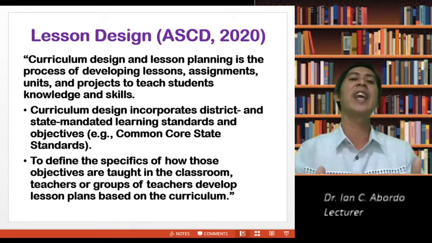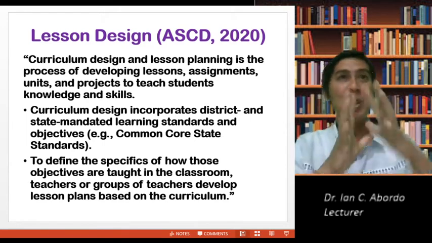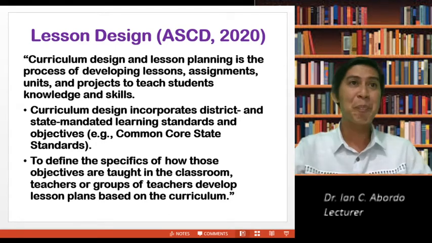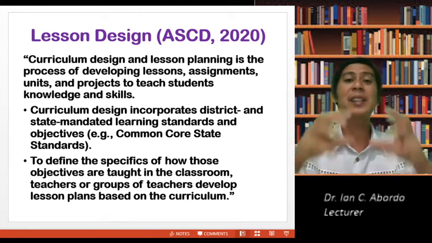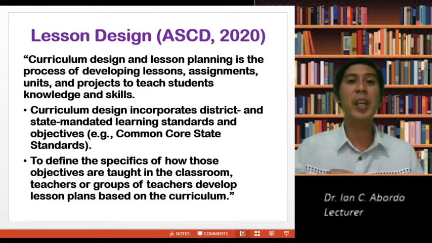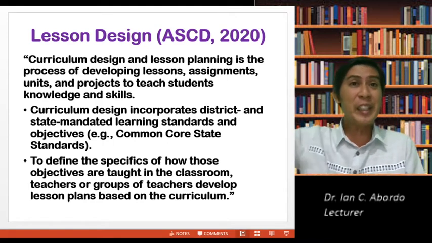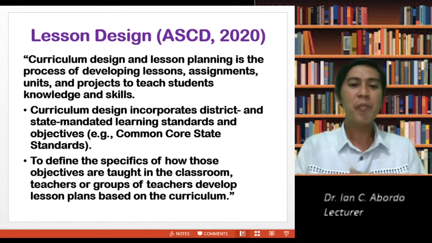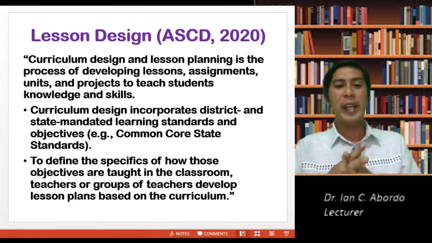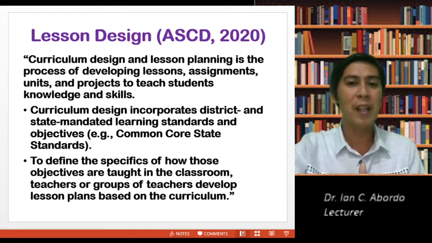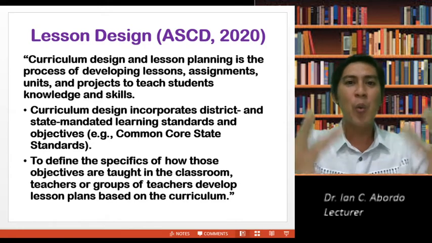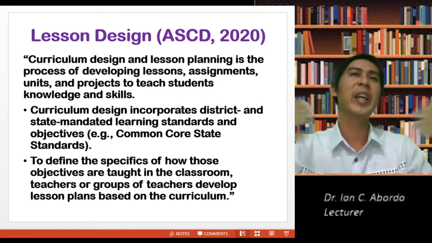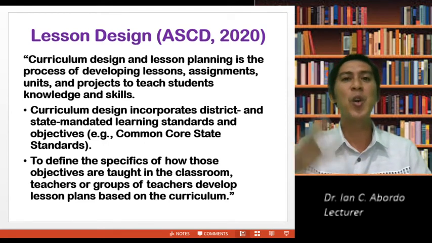And let's not forget, in curriculum designing, when it's macro, you're developing the big design for a course. If it's micro, your module, your lesson plans, at the micro level in curriculum designing, you will be incorporating the learning standards and objectives of the state. So it's important that we know our MELC. It's important that we are oriented with the curriculum guide given by government. We can download them from the internet. You have copies, I'm sure.